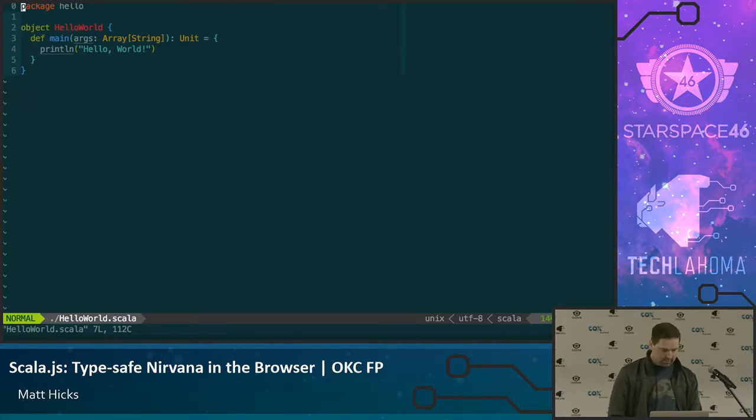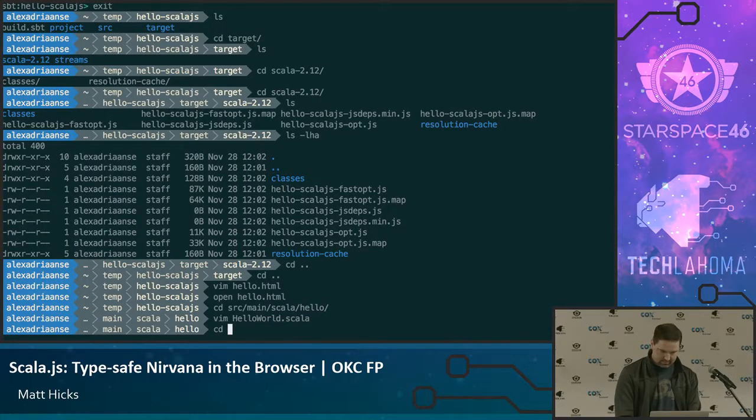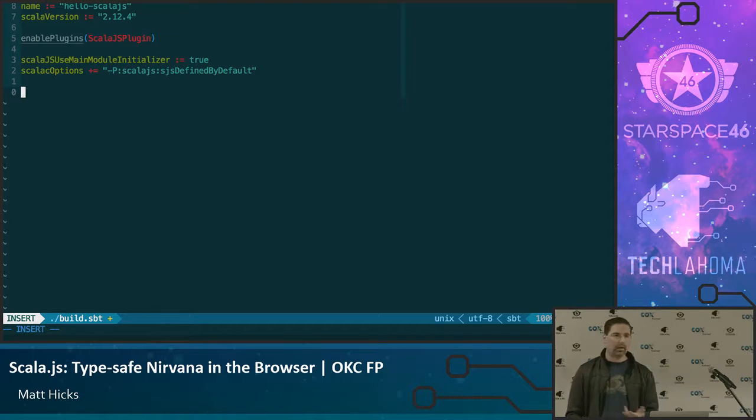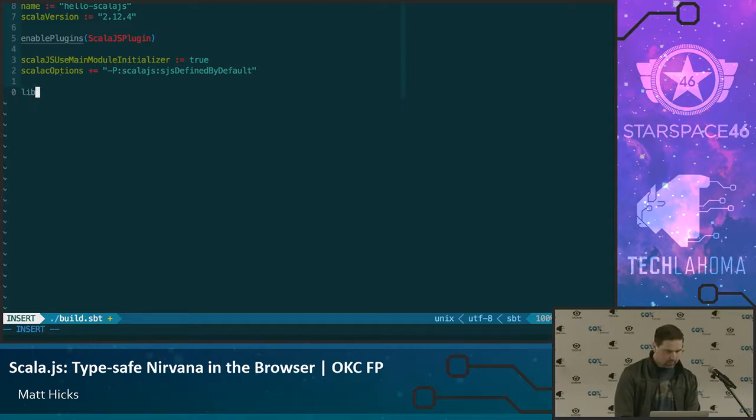Now let's do some, oh, actually, we need dependencies. So now we want to add a library dependency for the Scala.js DOM. There's a library for that we can use, and it will allow us to access things like document, body, window, HTML elements, all that good stuff. So now we're going to say libraryDependencies += org.scala-js, that's our organization, scalajs-dom